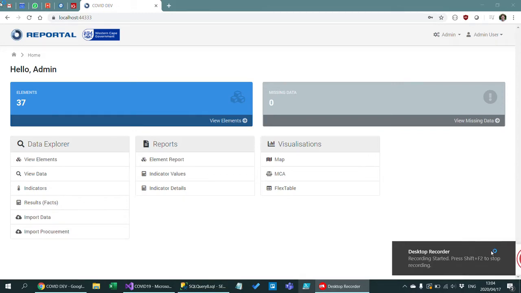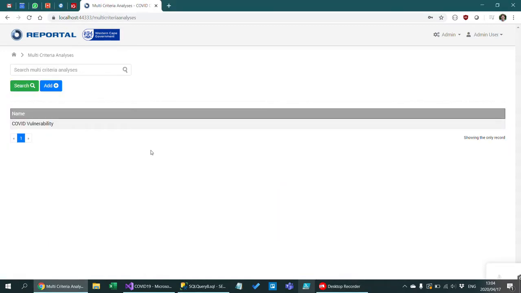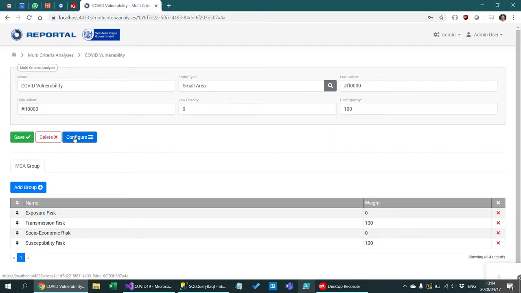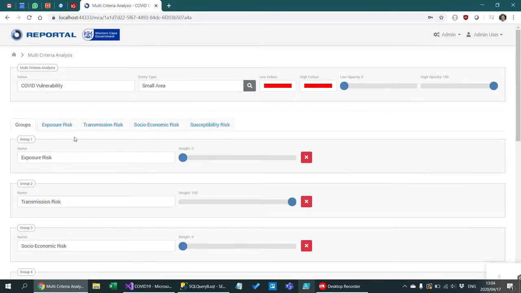This is a demonstration of the multi-criteria analysis tool that is built into Reportal. In this instance, I'm going to be using it to produce a vulnerability assessment for the city of Cape Town. So I'm going to click on that, and you'll see here I've already got a multi-criteria analysis called COVID vulnerability. If I click on that and go into the configure option, this lets me configure them and run the multi-criteria